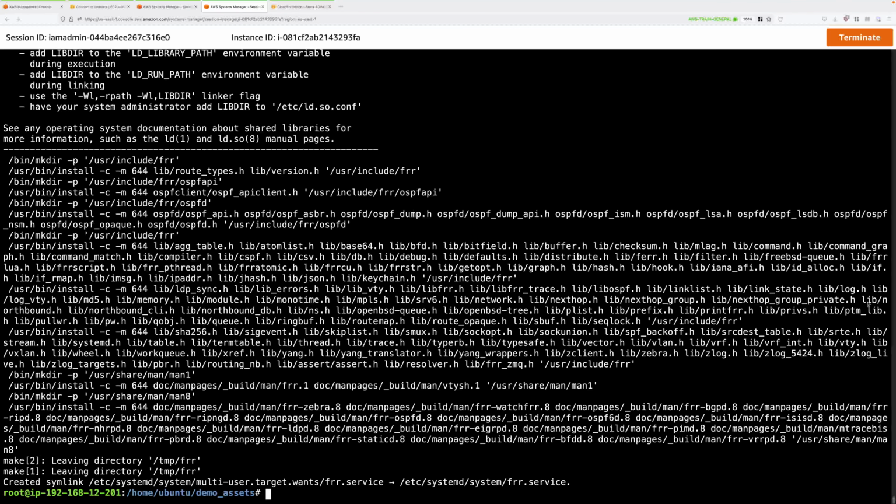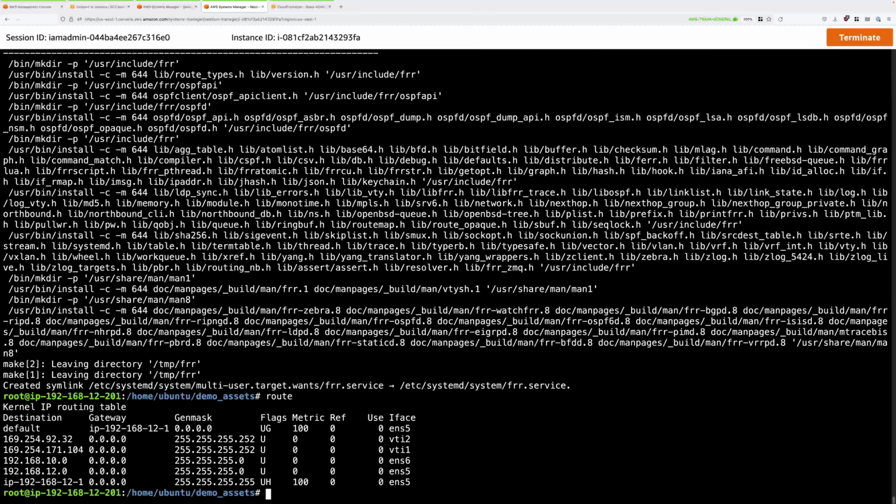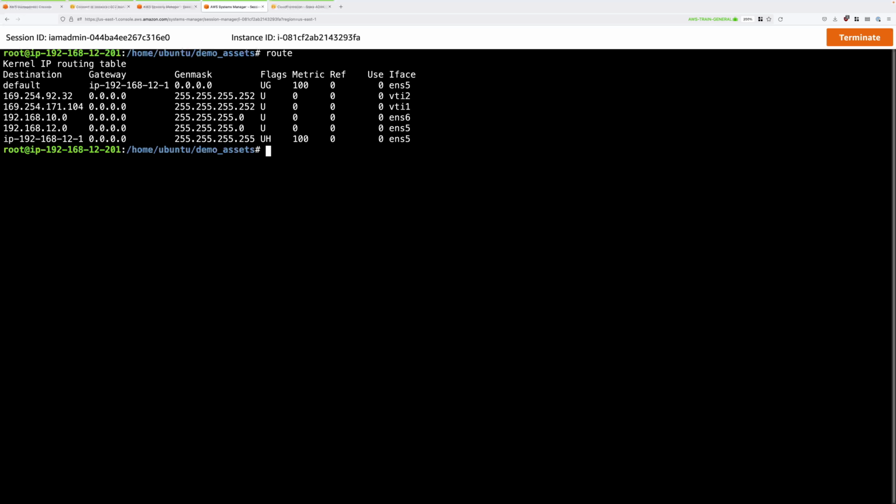So at this point, both of our on-premises routers have finished installing FRR, which provides BGP capability. Now before we move on, I just want to demonstrate that at this point, our AWS network knows nothing about our on-premises network, and our on-premises network doesn't have any routing information for AWS. So on either of these customer routers, if you just type route and press enter, you'll see all of the routes that these routers are aware of. And this routing table will be similar for both customer router 1 and customer router 2. So this is customer router 2.